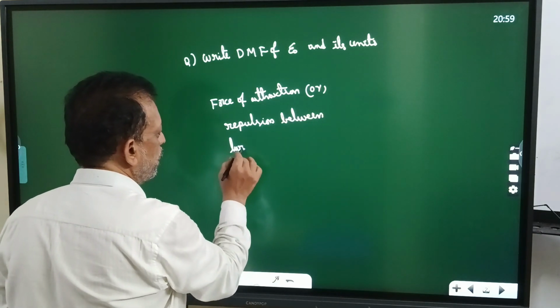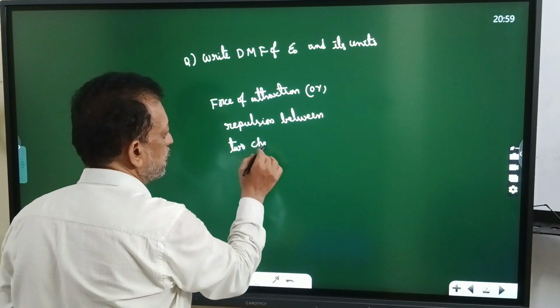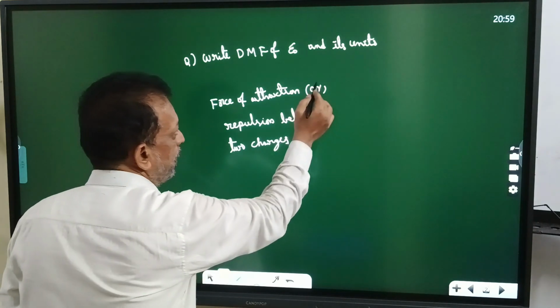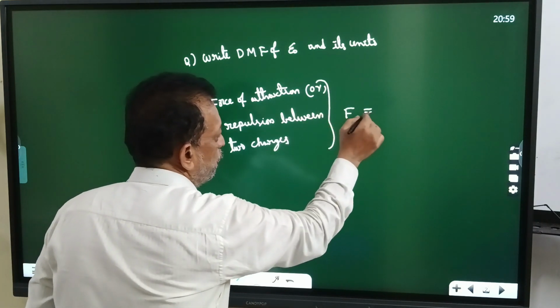You write in words: force of attraction or repulsion between two charges. In the exam there is no need to write it. According to Coulomb's law, it is given by F is equal to, I am writing the direct formula,